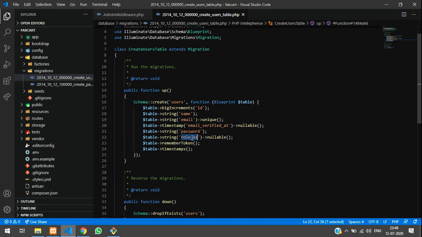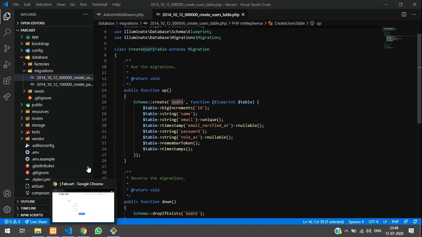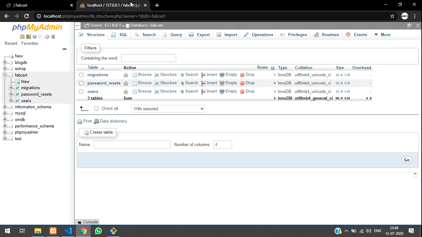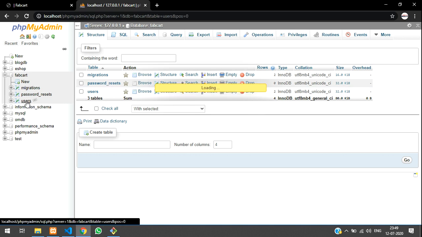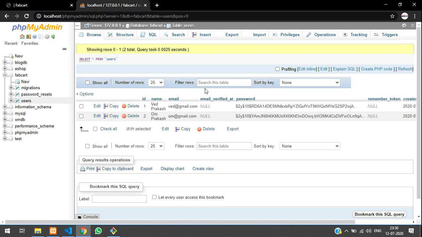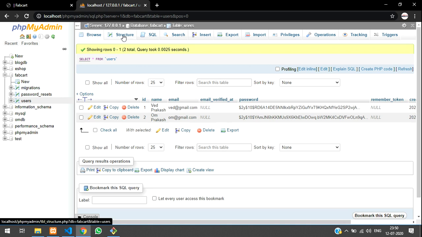So guys, now let us copy this and go to our users table. So let's go to our Chrome and phpMyAdmin. Inside the users table, we are going to click on users, and it's loading. It's loaded now. So let's click on structure and add this column.